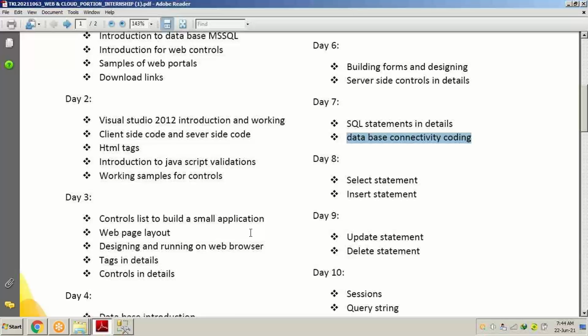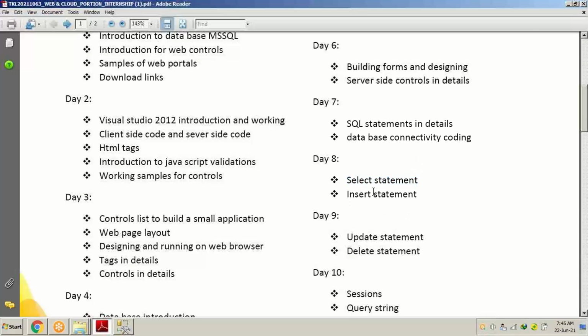The four statements are the select statement, insert statement, update statement, and delete statement. I'm going to show you some demonstrations in some of my old projects where these are used. But today we will go with the select statement.